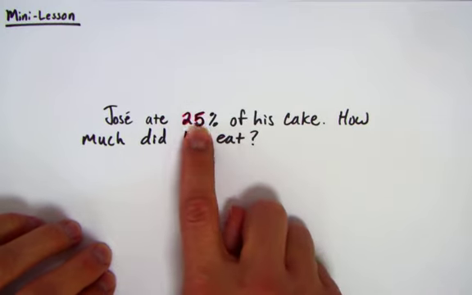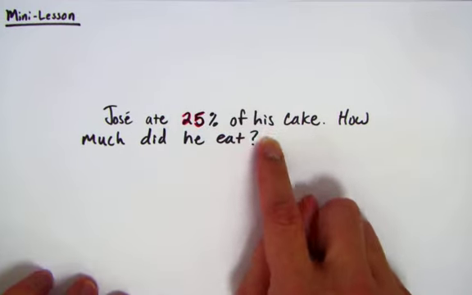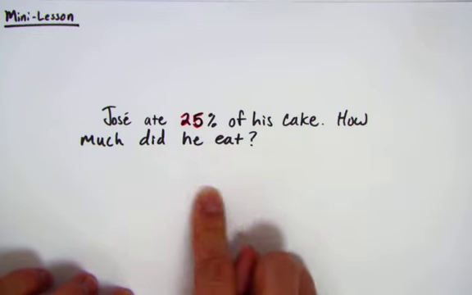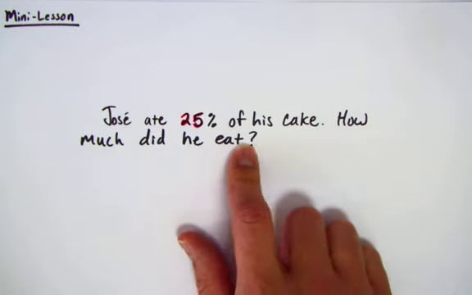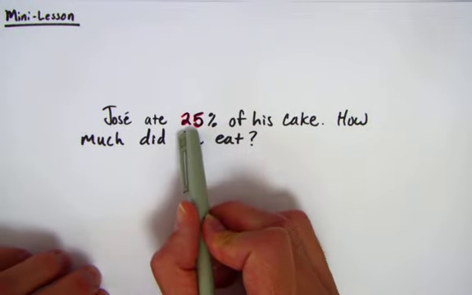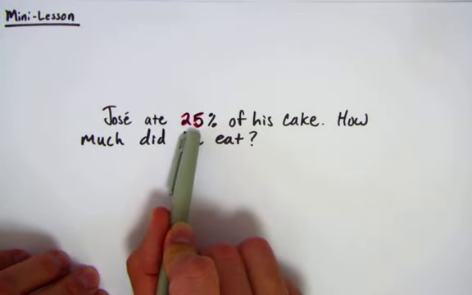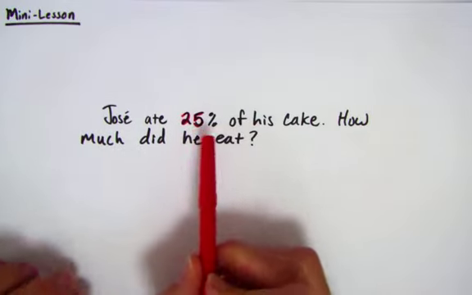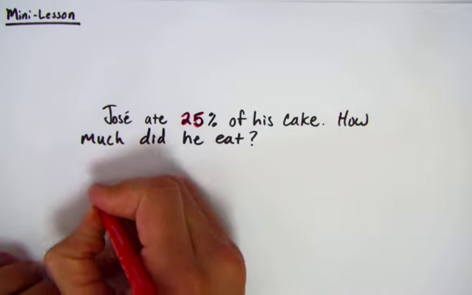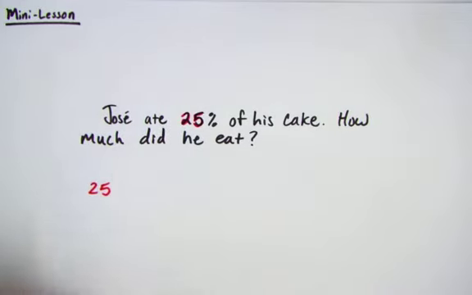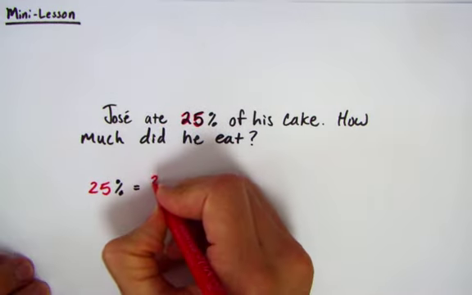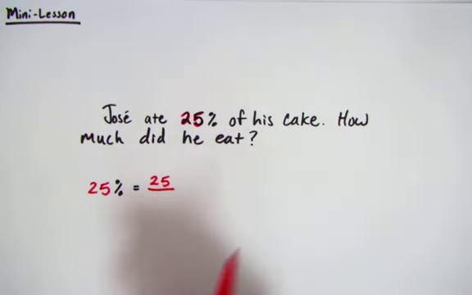So let's take a closer look at Jose's cake. Now I'm not going to draw a cake for you because it would be difficult. Well, actually, I'll draw it later. How about that? So 25% of his cake. I'm just going to teach you how we can relate this to fractions. So you notice that I colored it red. So you're probably already making a connection that 25% is actually equal to 25